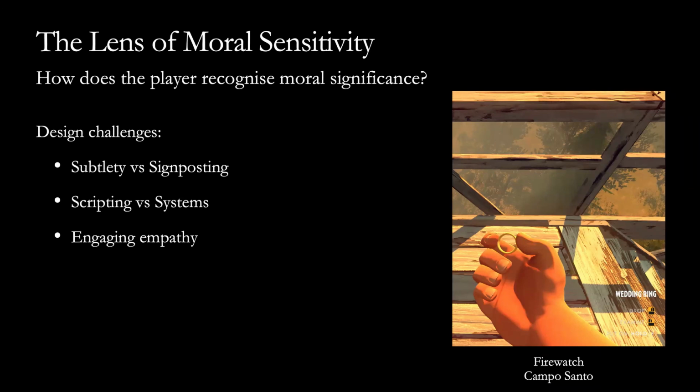Then at a key moment of the drama in the middle of the game, you wake up one morning and you're no longer wearing your wedding ring. This isn't in any way pointed out to you. You might just notice that the ring is no longer on your hand. And if you look around the cabin where you're living, you can find the ring sitting on the table. At the moment you find the ring, you have this simple option, which is to put the ring back down or to put it on. There's really nothing more to this choice than that: do you put your wedding ring back on or do you put it down?